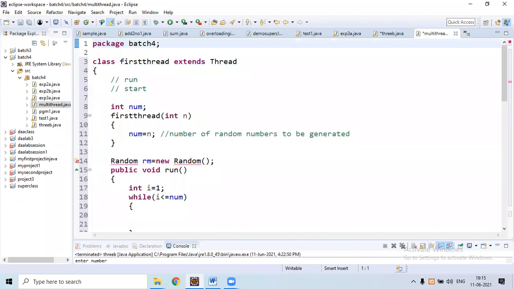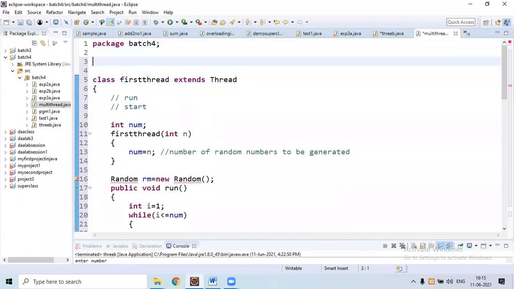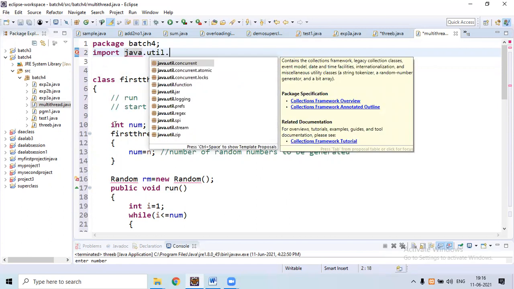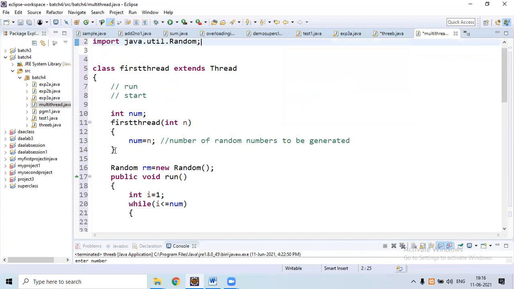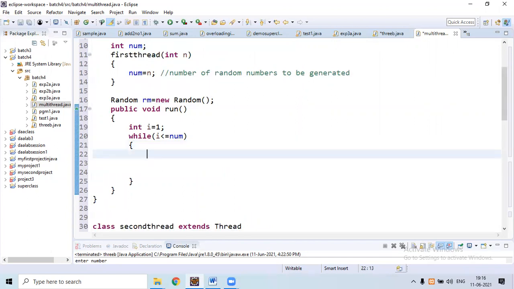In order to use the Random class to generate a random number, here we need to import java.util.Random. We need to import the Random class. After importing the Random class and creating the Random object, then we can generate a random number.